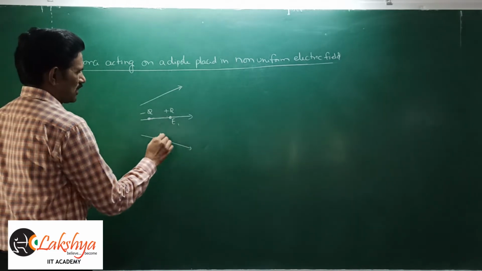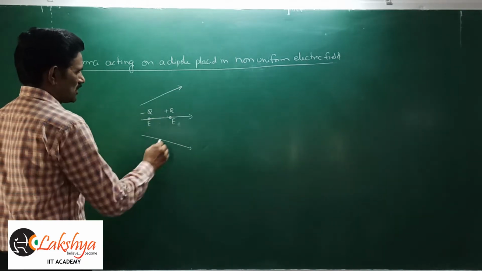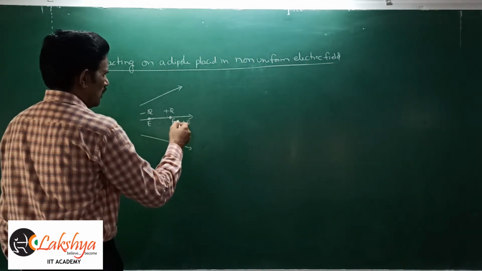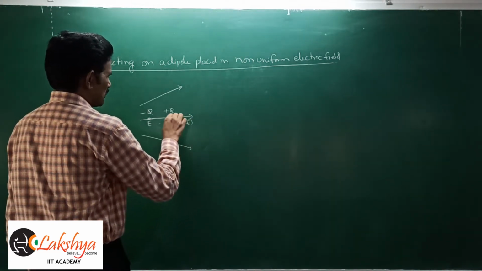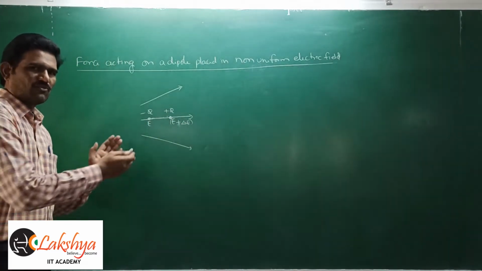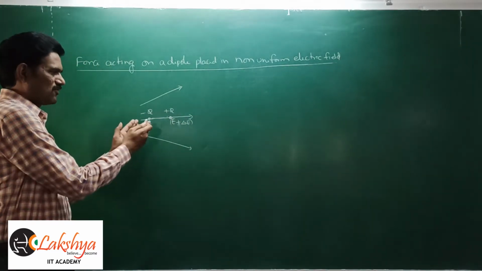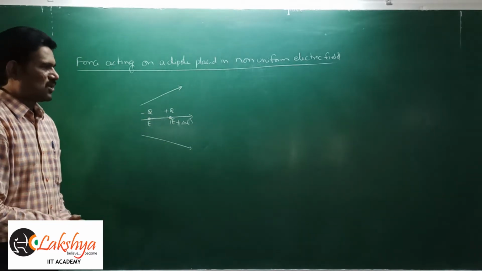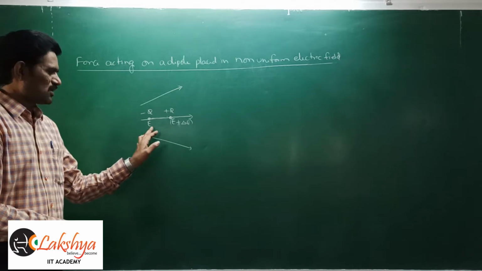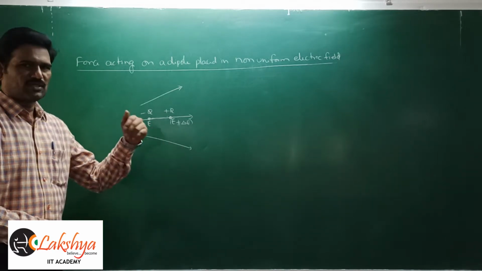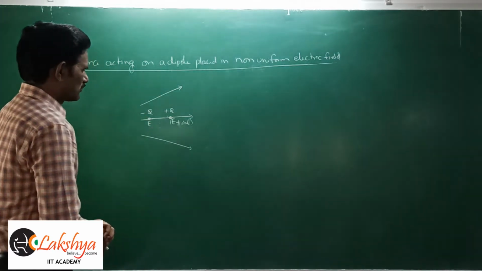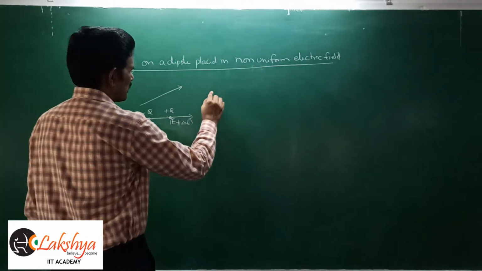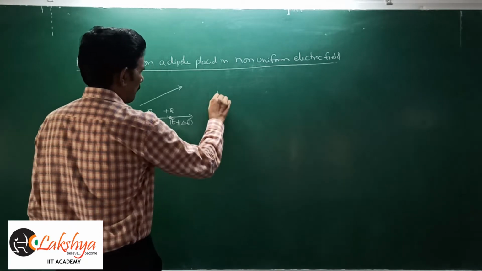I am taking the electric field here as E, and there the field will be E plus dE, or E plus delta E. That means the field is changing when you travel from the position of the negative charge to the positive charge, so it is a non-uniform electric field. Here the field is E, and here the field is E plus delta E. Now we know the force acting on the positive charge, and the net force acting on the dipole we can write as